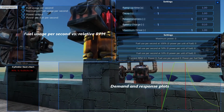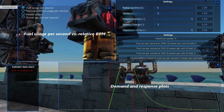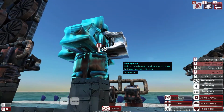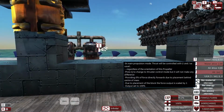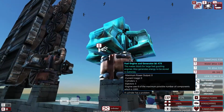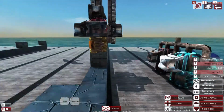13.2 fuel a second is what it looks like it kind of steadied on. But technically you could use this motor if you just charged with it, because right now if you put it in a boat and you were using it to drive your propellers, you'd be sitting dead in the water, and without an electric backup you're pretty much screwed. Now we can